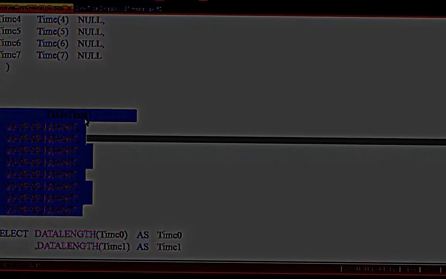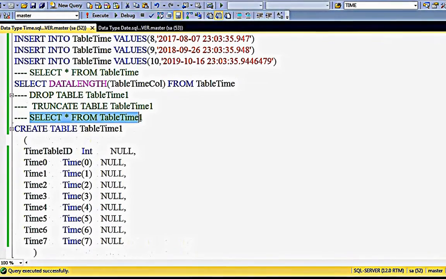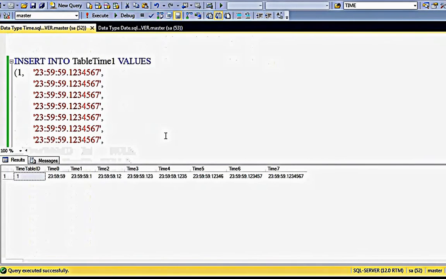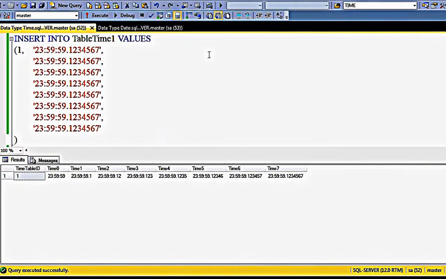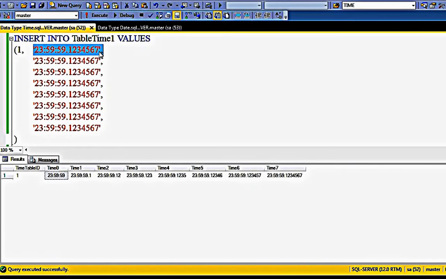I have inserted only one record. Let's execute this select statement and check the values which we inserted. See here, the first value I inserted has 7 fractional seconds, but it is not accepted. Why? The first column is data type time of 0, which won't accept any fractional seconds, so they are neglected.